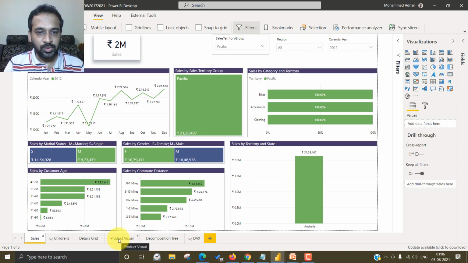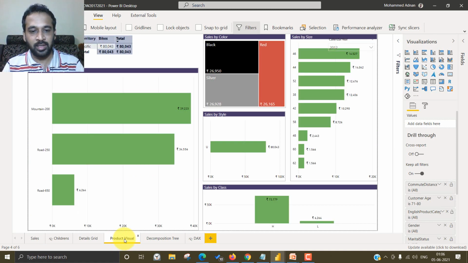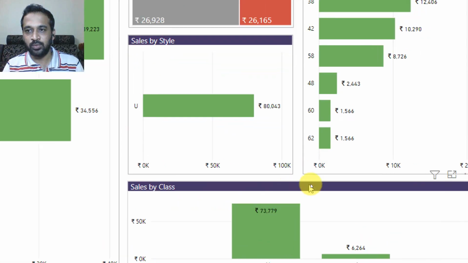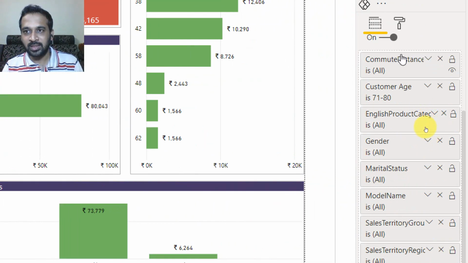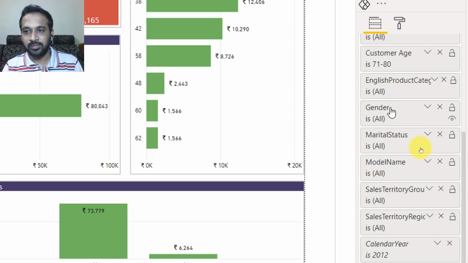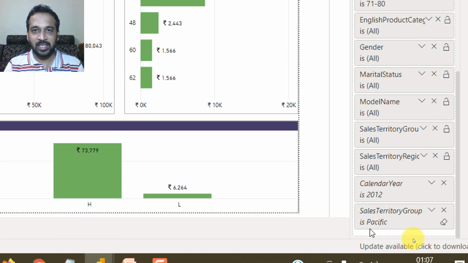Let's go back to this product visual page, that is the drill through page. And if you can see on the right side in the visualization pane, let me zoom this one. So here we have the commute distance, age, this is what we have selected. And if I go down here, the calendar is selected to 2012 and the sales territory group is filtered to Pacific.